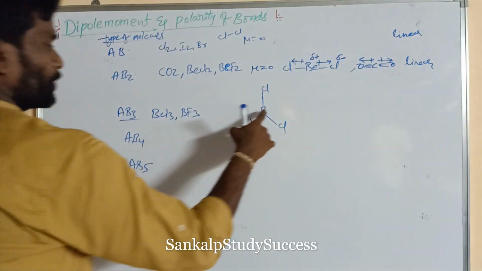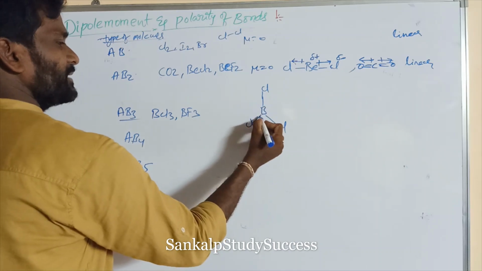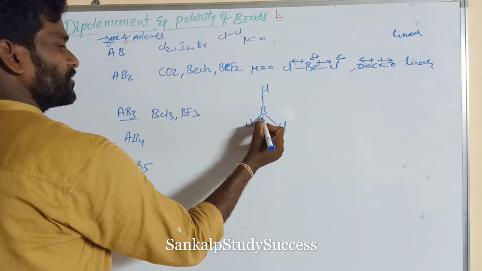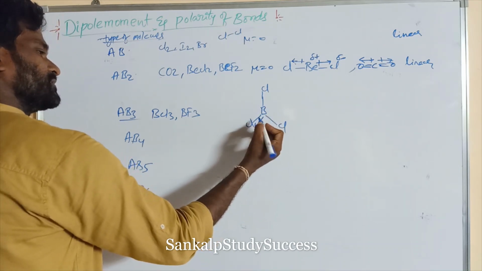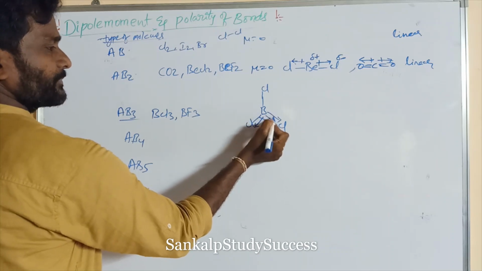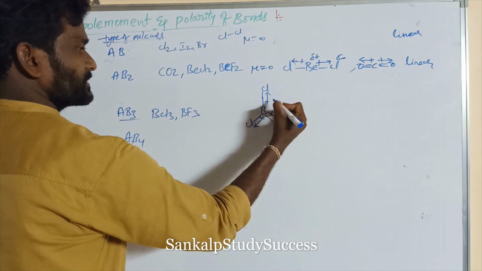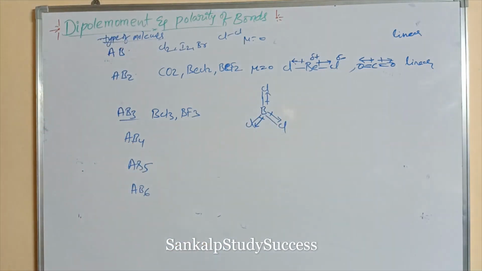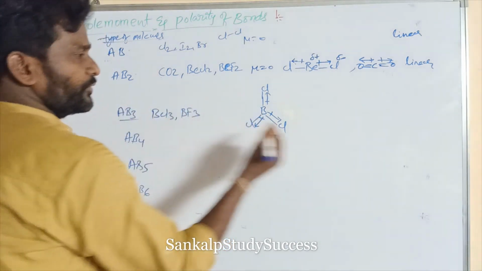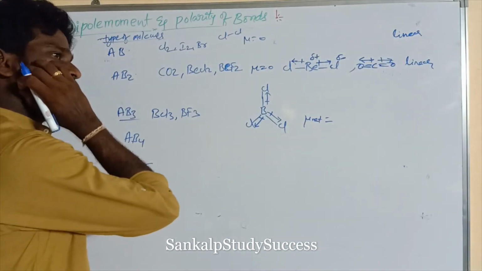Now the electronegativity of chlorine is more than that of boron. So that means this bond represents, this crossed arrow represents the high electronegative atom side. Similarly this also, and this is the chlorine atom. Now the net dipole moment of the BCl3 molecule, mu net, the net dipole moment of this molecule is equal to,